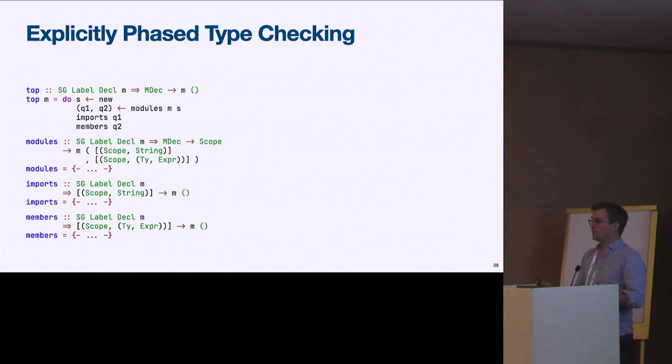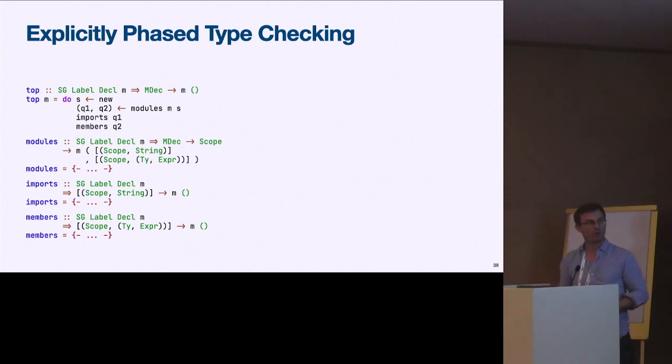So using the operations that I've shown you so far, I can write type checkers that could look something like this. This is a type checker for the module language that I showed you before. Here I'm using a top-level orchestration function for first creating a lexical root scope. That's the first line here. Then I'm calling a modules function which represents phase 1, which will create all the module structure, the scoping structure of my programs, and postpone the